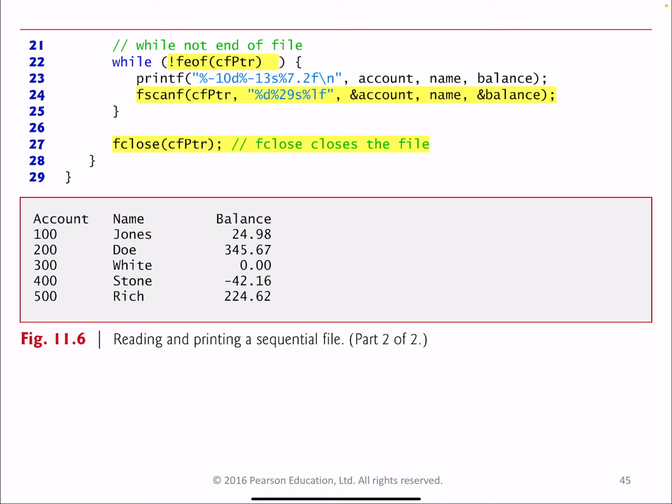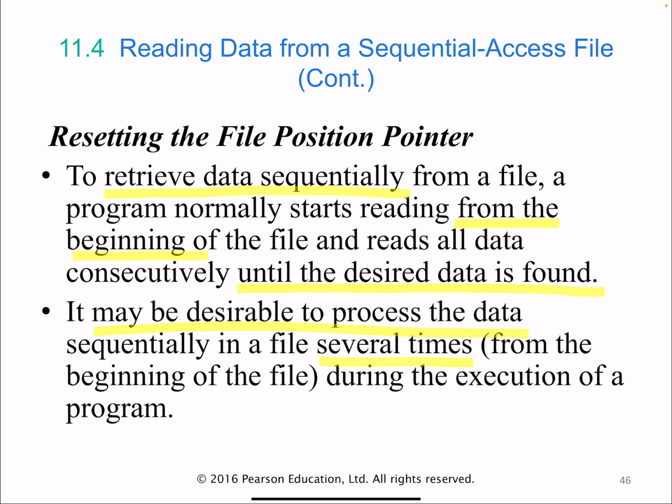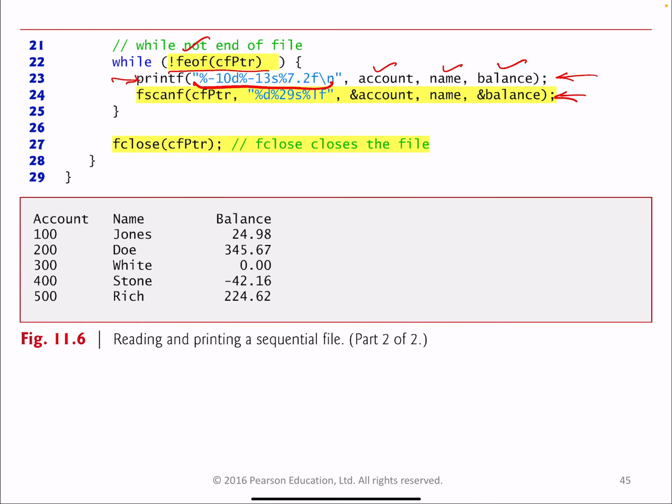And we then have a while condition that continues as long as we do not reach the end of the file. Because in this program we're just reading from the file, we print out these values, account, name, and balance, to the screen using printf. We format those three values nicely, and then we read the next value and go back up the while loop,